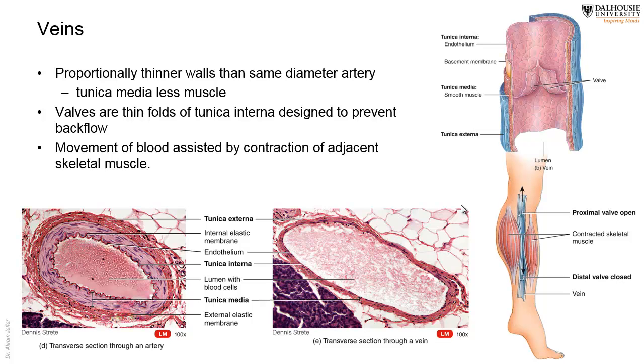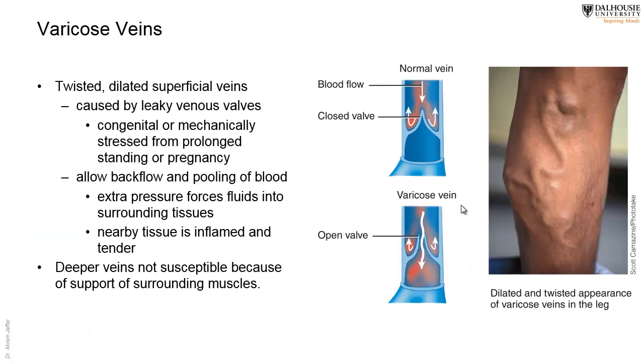If these valves in the veins fail, then the peripheral veins will become distended and dilated. See here? This is how the valve works. It prevents the blood from returning back. If these valves fail, as in this case, then blood will return back into the vein, and therefore the veins will become tortuous. They will become dilated, tortuous, especially here, the veins which are located under the skin in the lower limb,